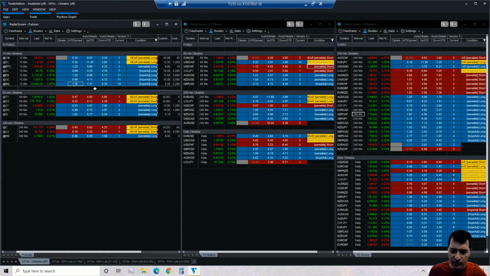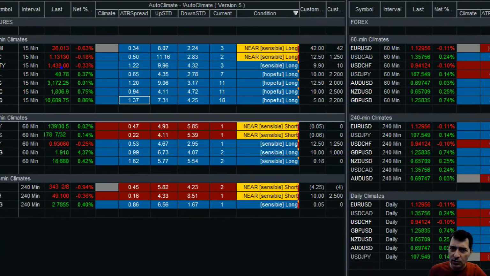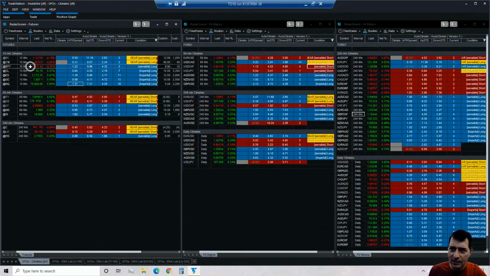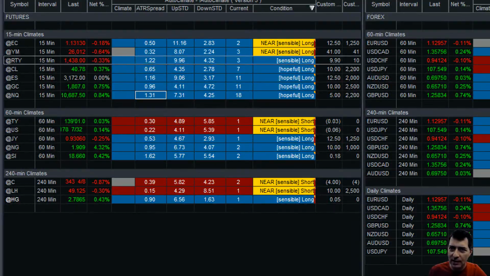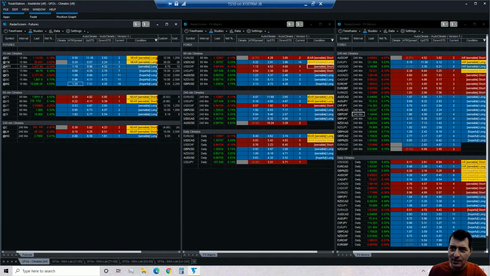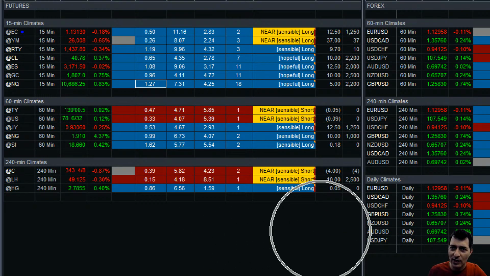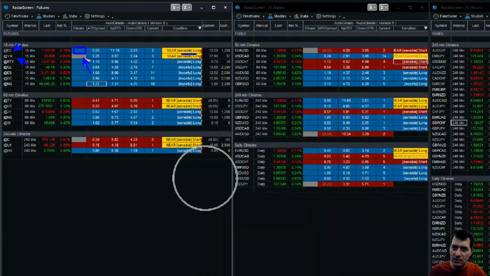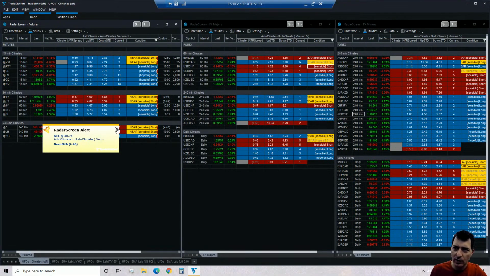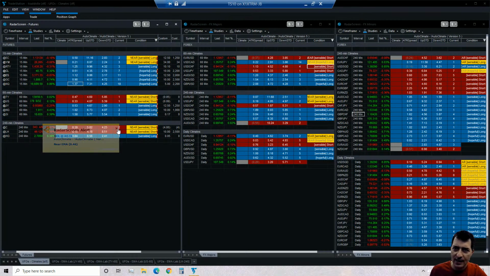Yeah, so let me freeze the screen so we can analyze this better. So the Euro contract, here we go. Let me do this right. So the Euro contract is giving us an alert which is sensible, and the climate is confirmed. The Dow Jones, the YM, is giving us an alert, but the climate is not confirmed. So we'll pass on the YM and we'll go check the